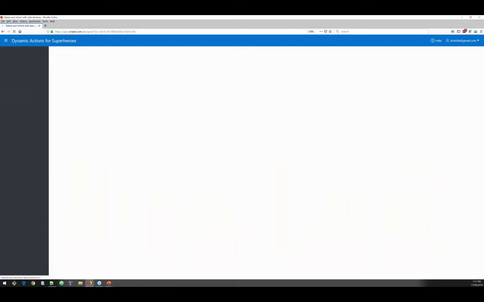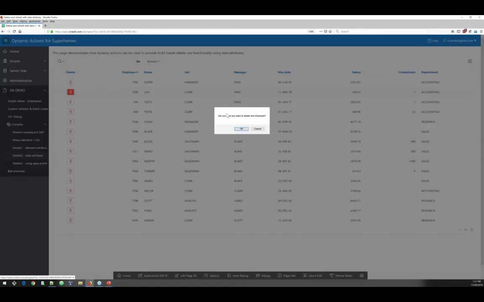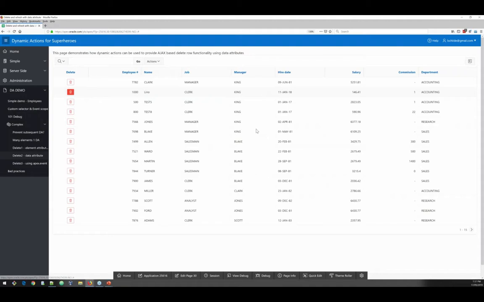Perfect, so pretty much it's going to behave the same. If I click here, it's going to pop up saying, okay, do you want to continue? If I say yes, it will delete the row. Jumping up to this page to see why and where the difference is. So we're going to cover the